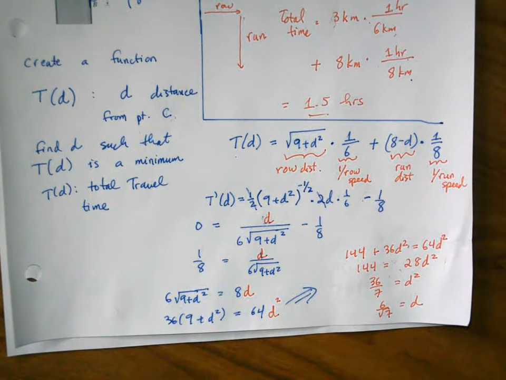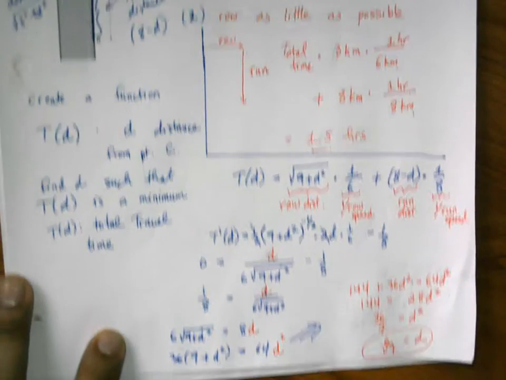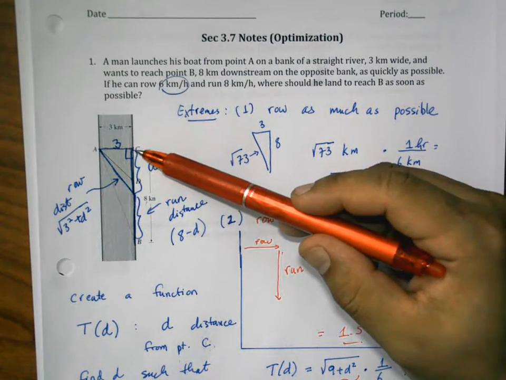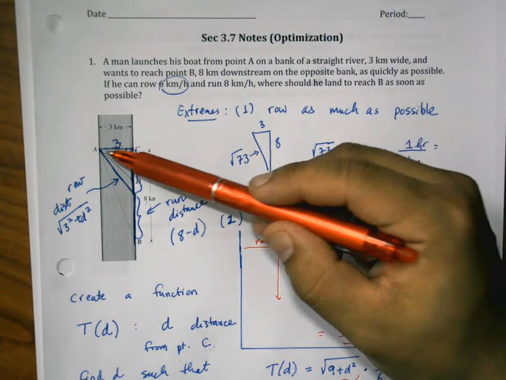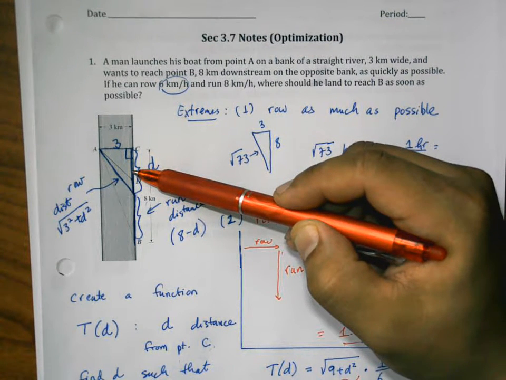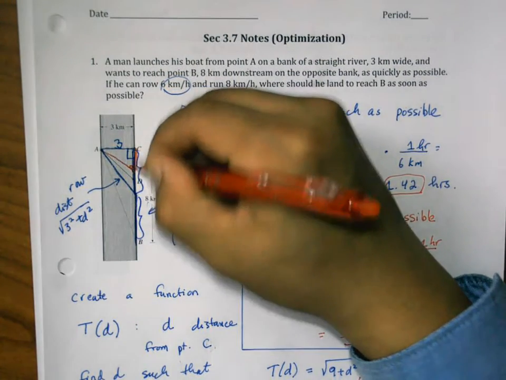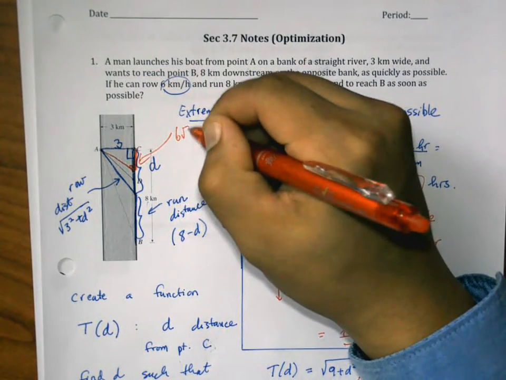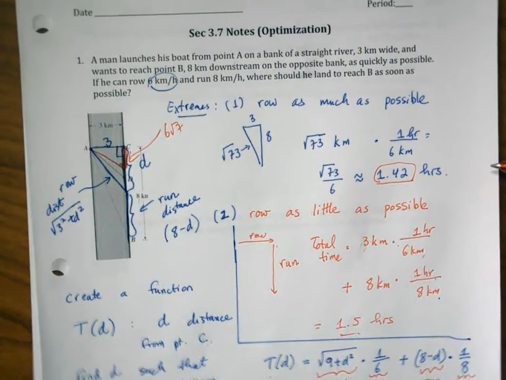So in other words, let's think about what this d actually means. Okay. Well, remember that d represents the distance from point C to the point on the shore. So if we were to row to a point that is 6 root 7, which is about 2.267 kilometers, if we were to row to a point around here where this red length here was 6 root 7, then that would be the point where we could